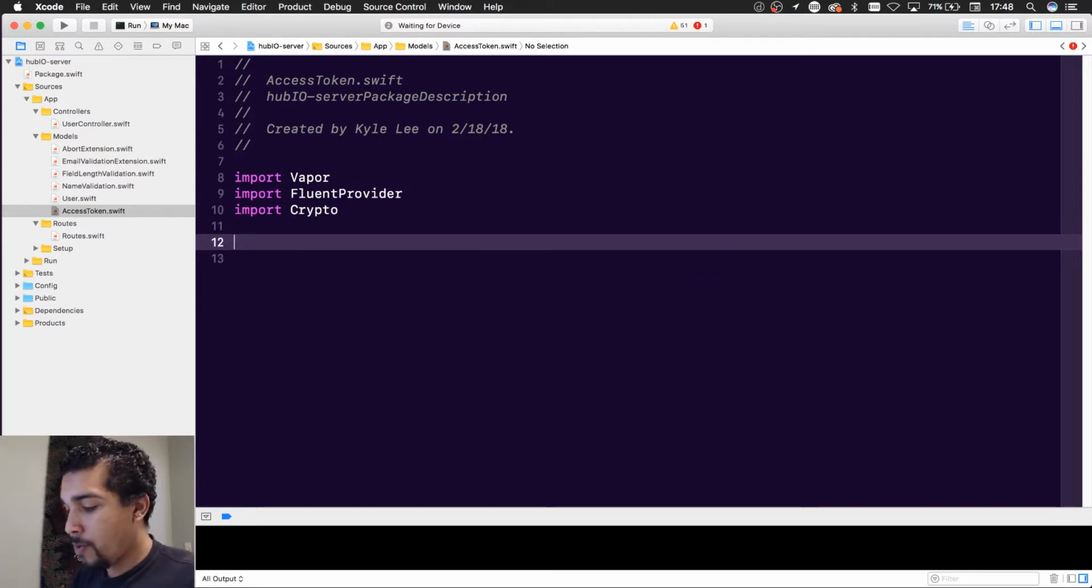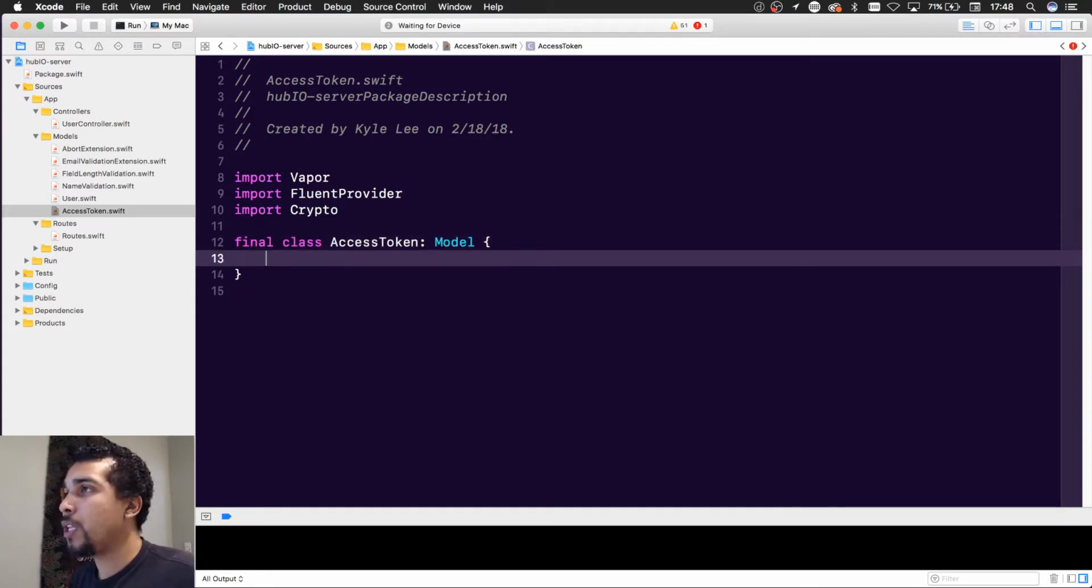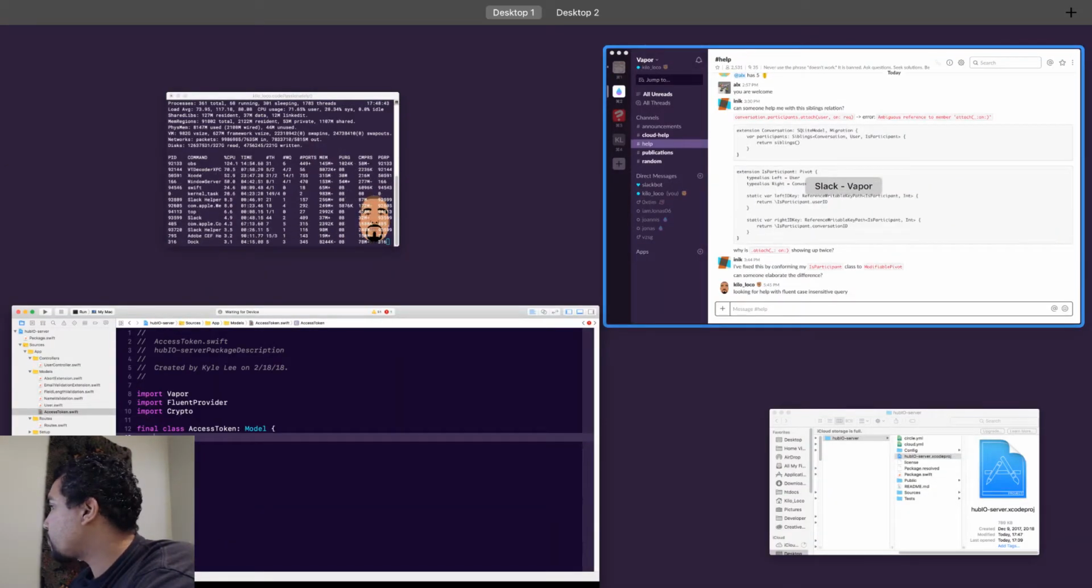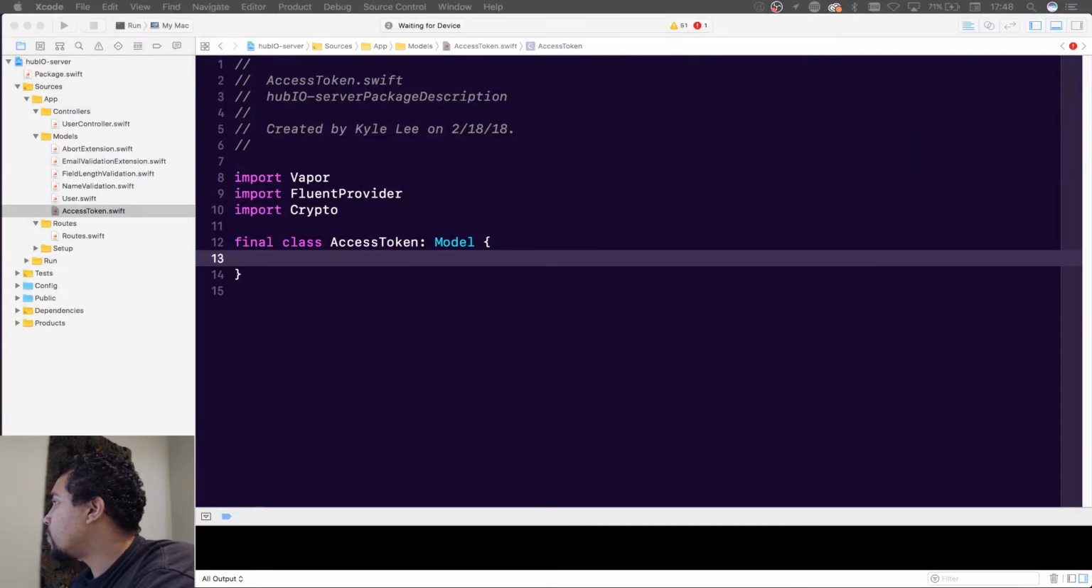And from here, what we want to do is make a final class, and it's going to be an access token, like so. And this is going to inherit from model, like so. Okay, from there, we need to set it up pretty much the same way, in a similar fashion to the way that we did with our user. So if we go back and look at our user,